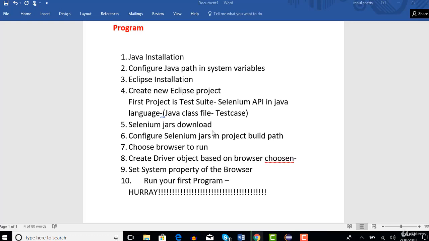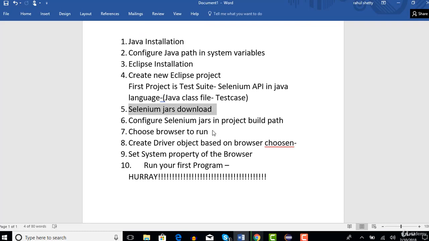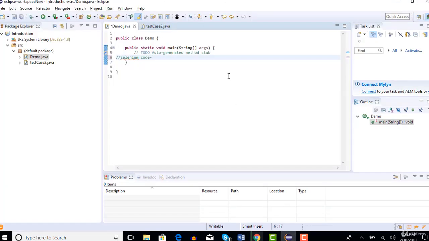So let's start with Selenium download. When I say Selenium is not a tool, it's just a jar file. I see most of the people saying that they'll download the Selenium tool, and people expect a tool like this. There is nothing like that. It's just a jar file. By using these jar files, by forming a connection to this project, we will run our Selenium test cases. So it's very lightweight. Let's get those.